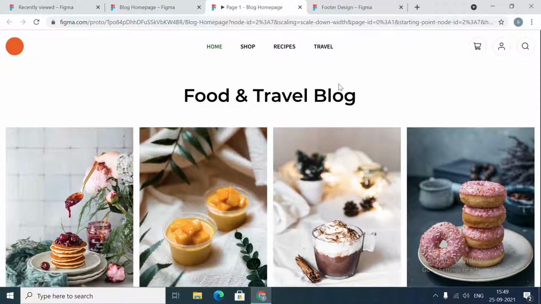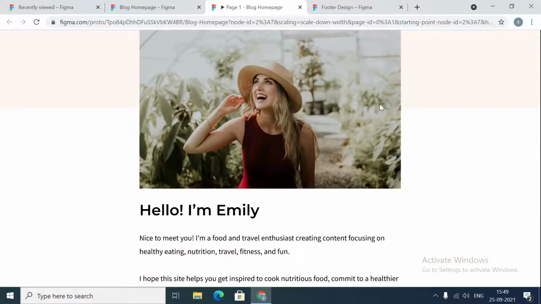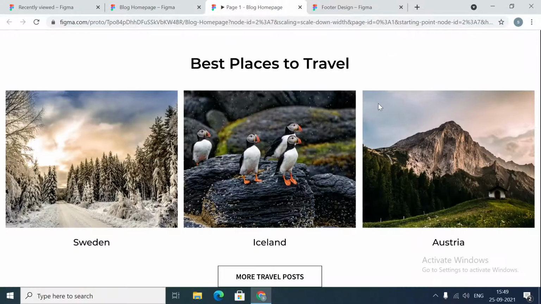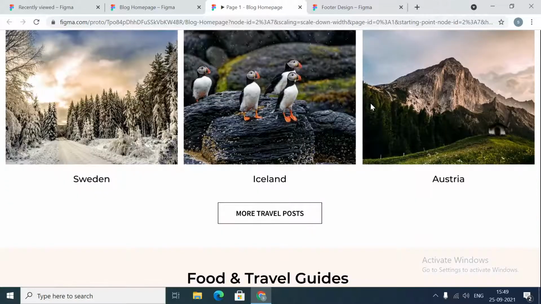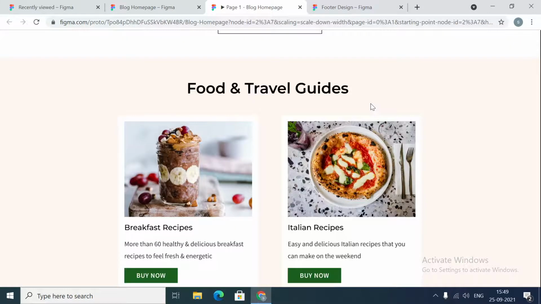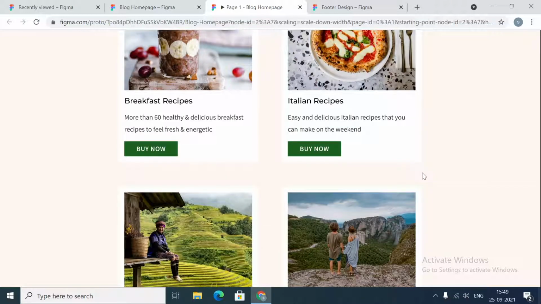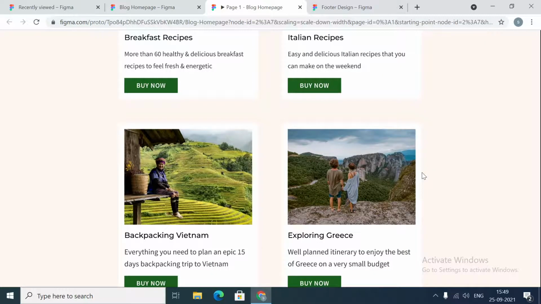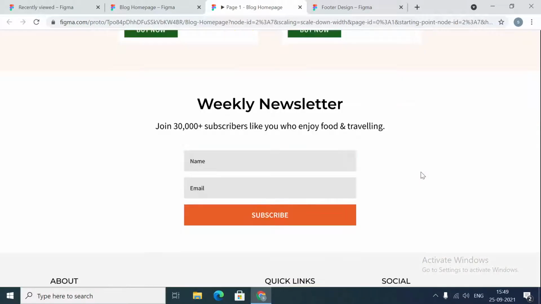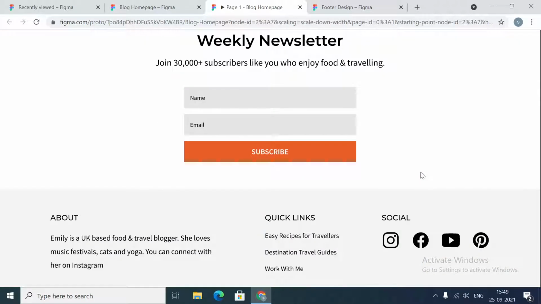Okay, so hero section, then the about section. These are some popular posts in the travel category, and this is some posts from our shop. So basically some items from our shop that we are going to display on homepage. And then this is the last section that we are going to design today, the newsletter and the normal footer